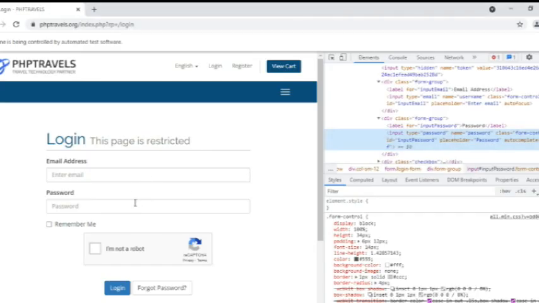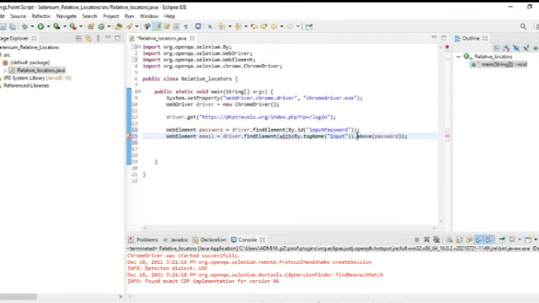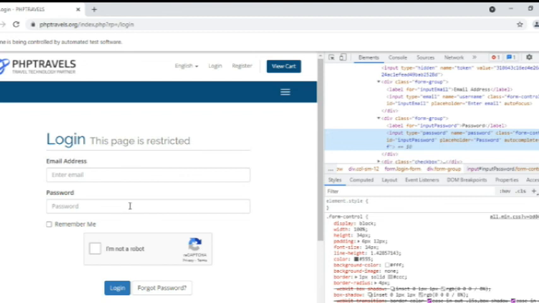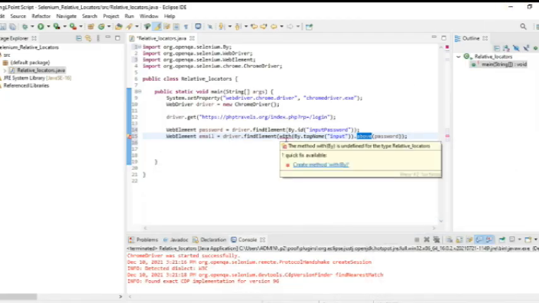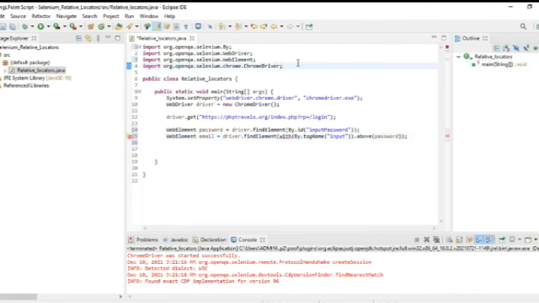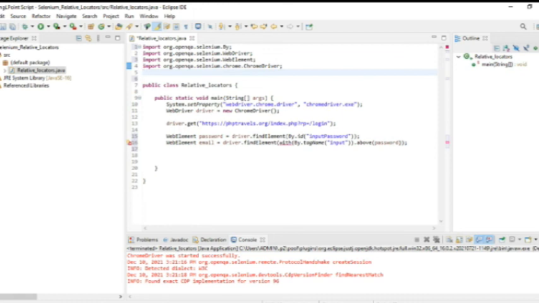It will find the reference of the input tag above the password field, whatever values are above the password field with the input tag. You can see that with is not available here. To work with this method, you need to import